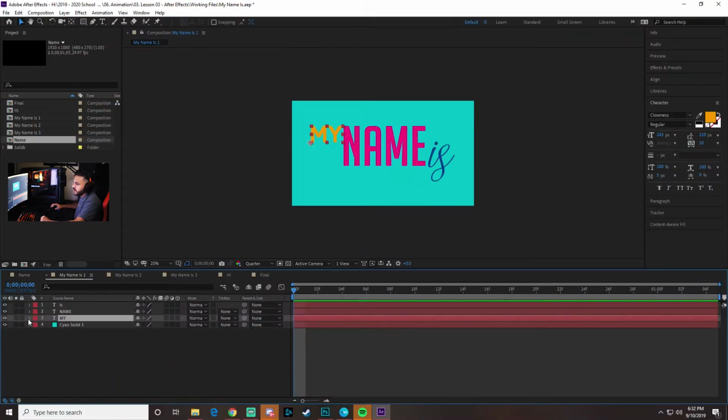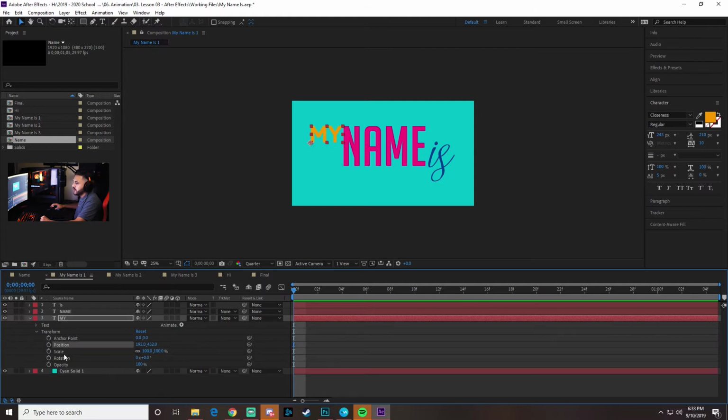Remember, if you open up these little triangles right here and you go to transform, you have position, scale, rotation, and opacity. And we can play with all four of them to create something that looks cool. There is no right or wrong. I just want you to get a feel for it, see what you can come up with. All right, so let's go ahead and try right here on mine. I'm going to click opacity at the very beginning, and then head over 6 frames, right here to 6. And I'm going to go ahead and add